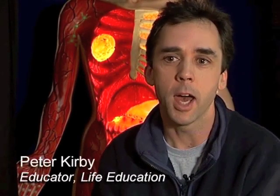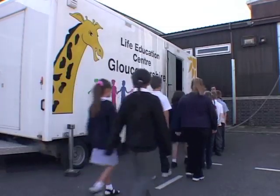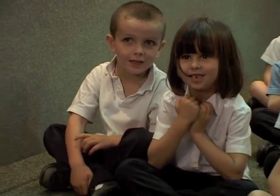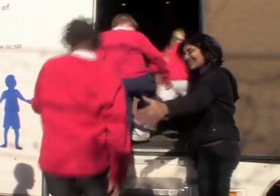The mobile classroom is a totally unique environment. Our aim is to provide resources which the school wouldn't be able to provide in the classroom. We cover a lot of themes which link with the personal, social and health education which the school would be doing in their curriculum. And the aim is we try and visit every class in the school from nursery up